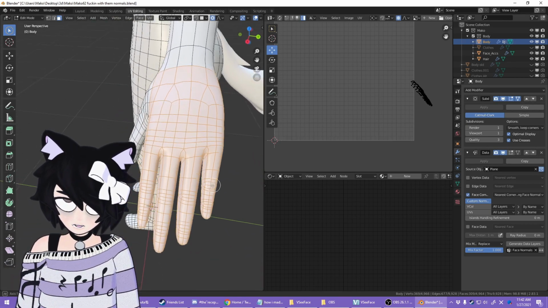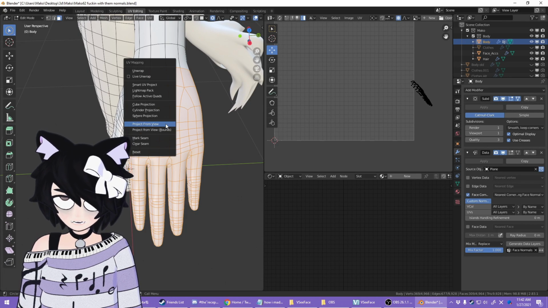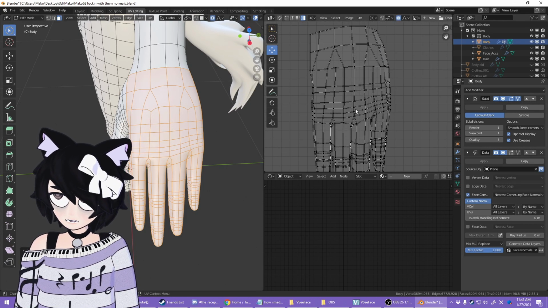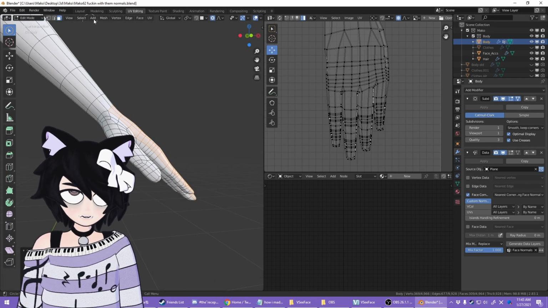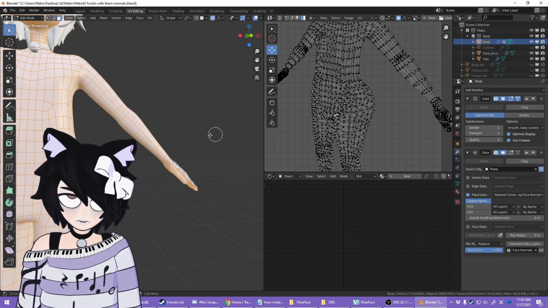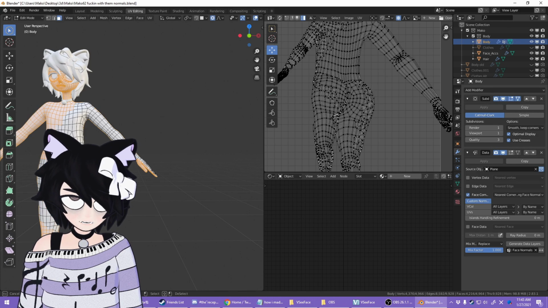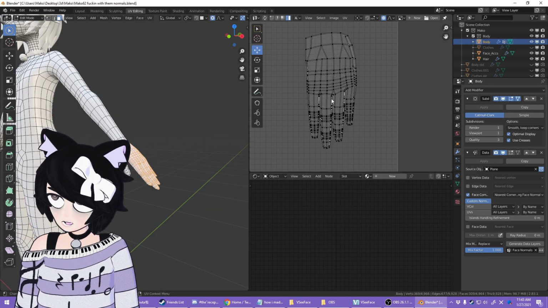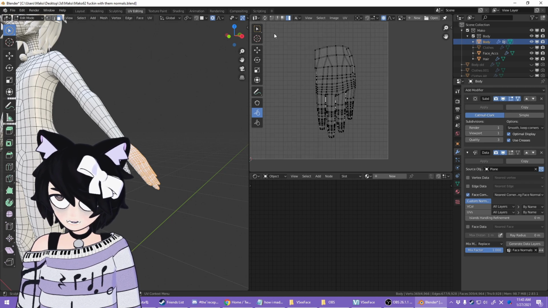Now we can line our camera up with this, like so, and then hit U to project from view. And we have this hand, well, the top half of it at least. Then we would do the same for the bottom half. Could probably just invert selection, and then, well, I'm not actually sure that makes it any easier than deselect. Once you had that all set out, you could go over to this relax tool right here.